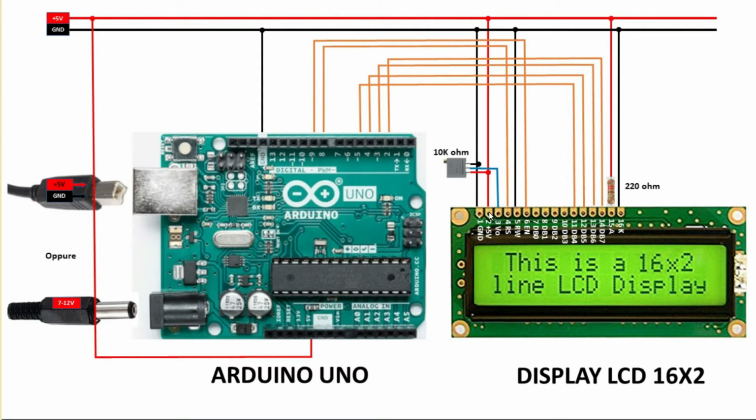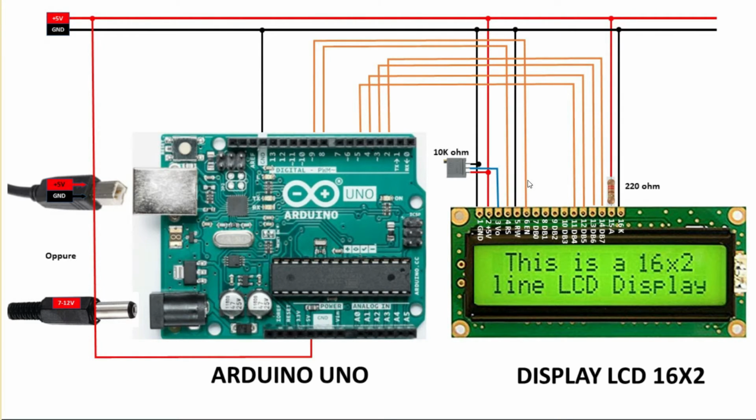Then we have the power supply positive, which is connected below to the 5 volt. And on the display it reaches pin 2, which is the power pin of the display. And through a 220 ohm resistor, which is the series resistance to the backlight LED, it connects to the anode. Then we have pin 3 of the display, which is connected to the cursor of the 10k ohm trimmer. By adjusting this screw we can adjust the contrast of the display.